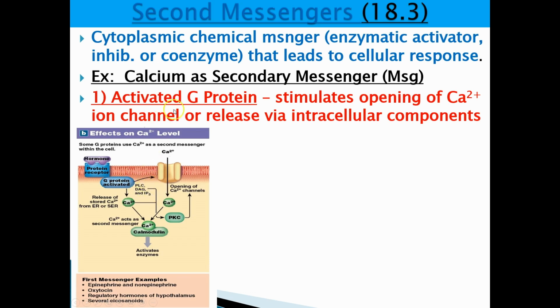All you need to know is the activated G protein stimulates the opening of calcium ion channels or release via the intracellular components. If you remember, calcium gets stored in the endoplasmic reticulum, and that's what they're talking about. So we can release it via the endoplasmic reticulum or actually open an ion channel for calcium. And that means calcium is going to diffuse in, or calcium is released from the SR, i.e., when a primary messenger binds and activates the G protein, calcium concentrations will increase, and when calcium increases, we lead to some sort